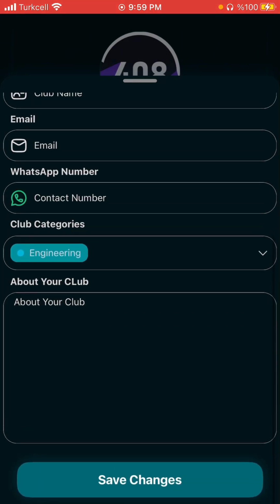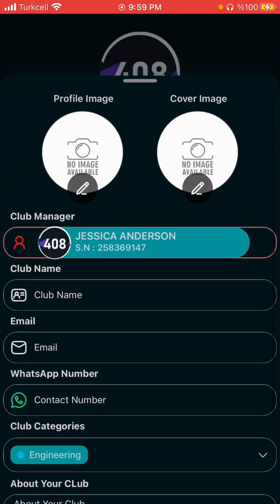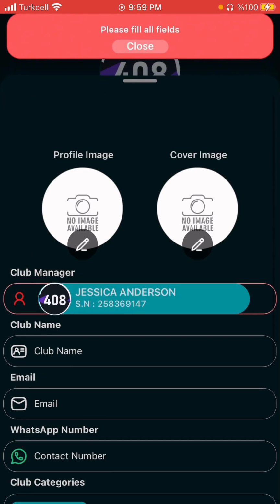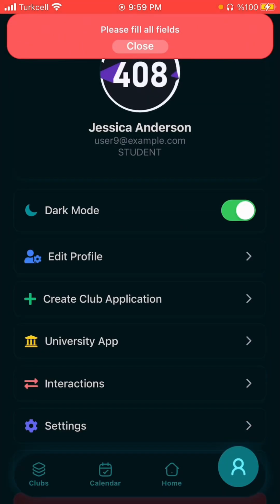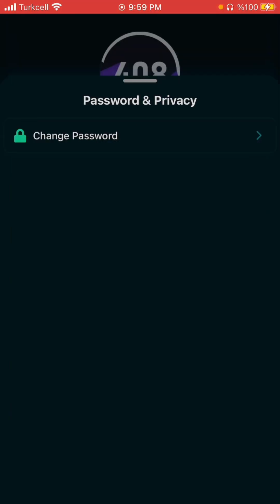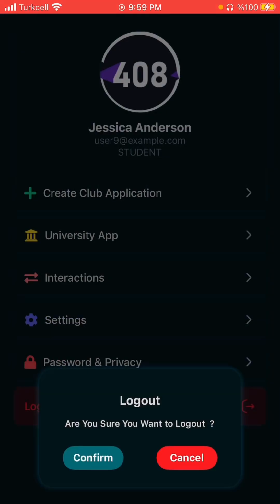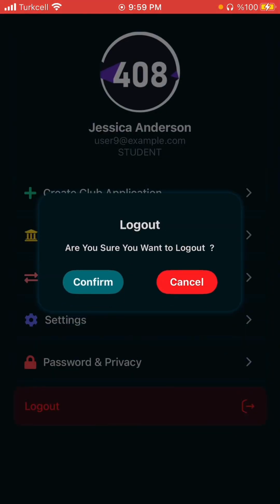At the same time, he can write things about the club that will be sent to the admin so the admin can accept it or reject it. After that, we have some other things we can go through, such as the settings, interactions, and the university app, which is going to take you directly to the Uskudar University app, changing the password, and for sure the logout button, which will give you a warning asking if you are sure that you want to